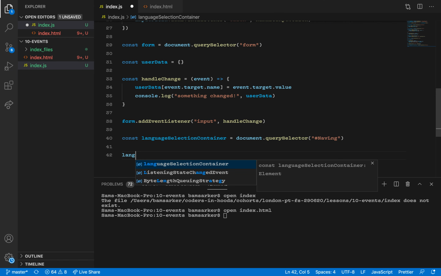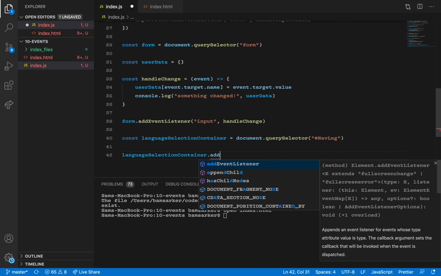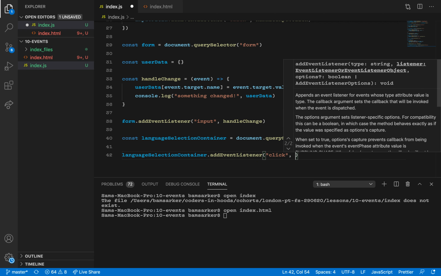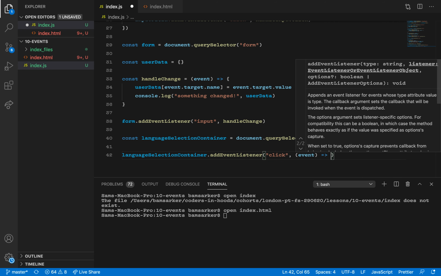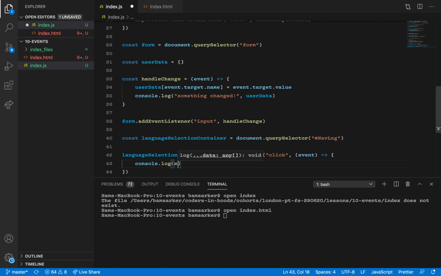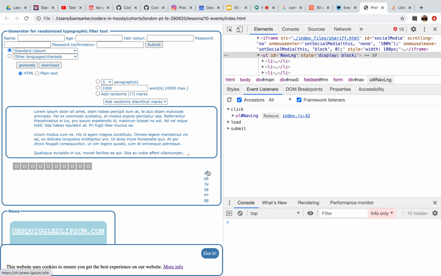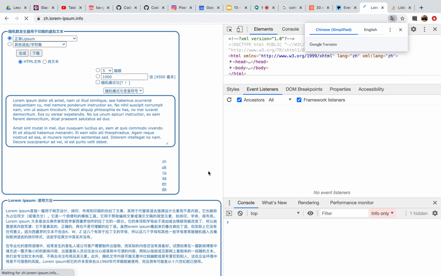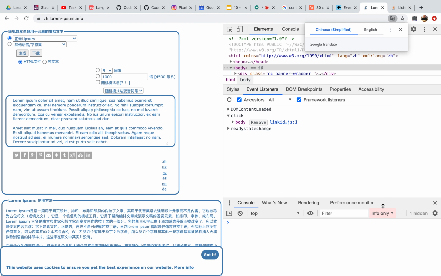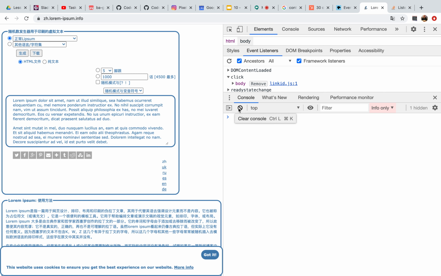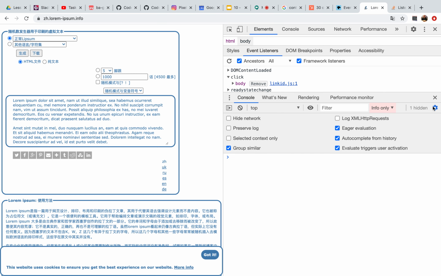Then on the language selection container, add event listener, click, event, console.log event. So when I click on ZH, it's going to log something out. And it does, but because I'm clicking on a link, I actually don't see it for very long. So if we do want to see it,